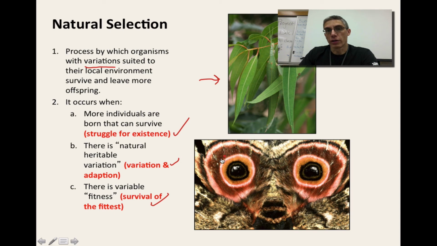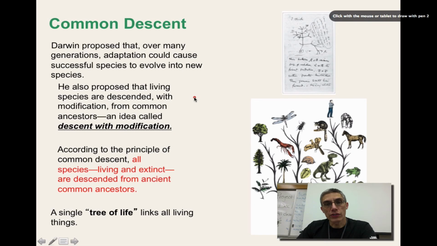very large eyes on its wings is probably more likely to survive than one that has much smaller eyes on its wings, or that pattern is much reduced compared to other members of the population. So again, these are the variations that are necessary in order for natural selection to occur. So as we had said, the process of natural selection is the way that we think about evolution occurring. Now, Darwin had proposed that over many generations, these adaptations would eventually cause new species to evolve